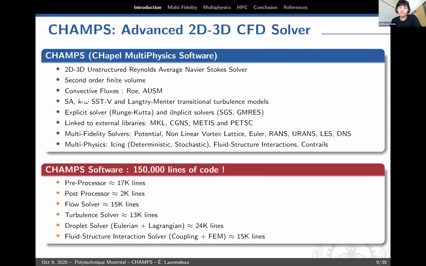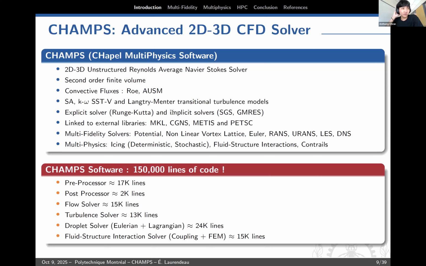And so the Chapel MultiPhysics software, or CHAMPS, is one of those software. So it's a pretty advanced one, as it's a 3D unstructured Navier-Stokes solver. We have a few schemes for the convective fluxes implemented, as well as multiple turbulence models ready to use. And so, as I've said before, we've got a range of multi-fidelity solvers, ranging from low fidelity to high fidelity